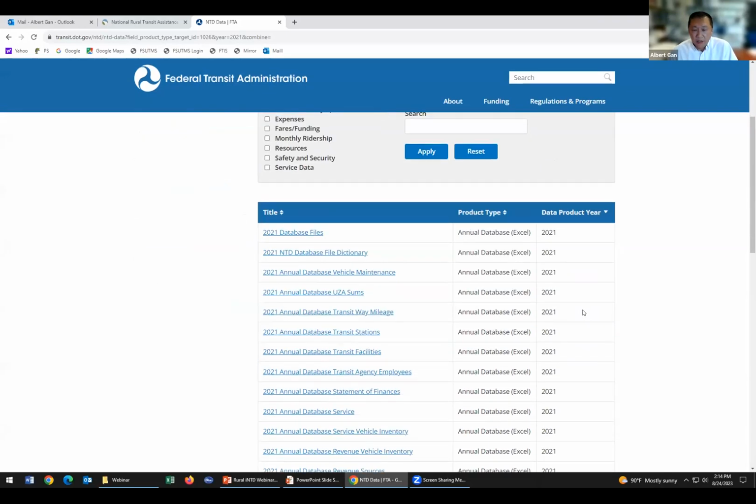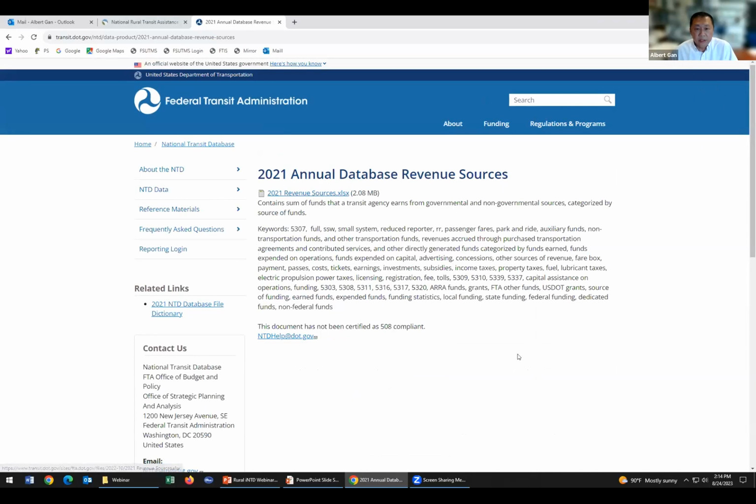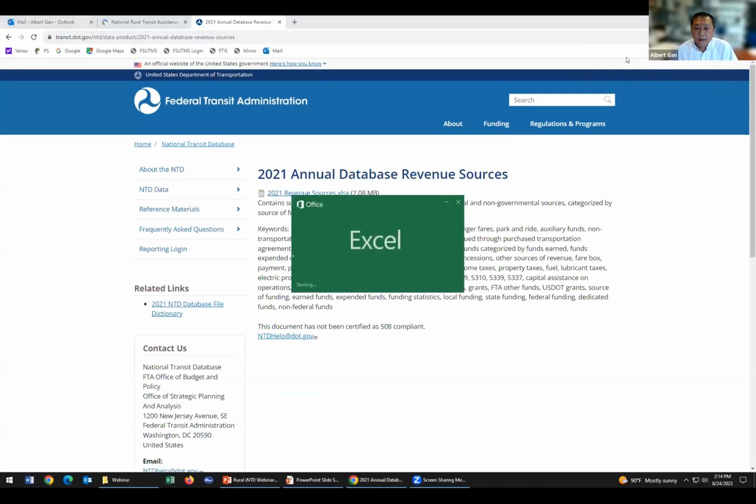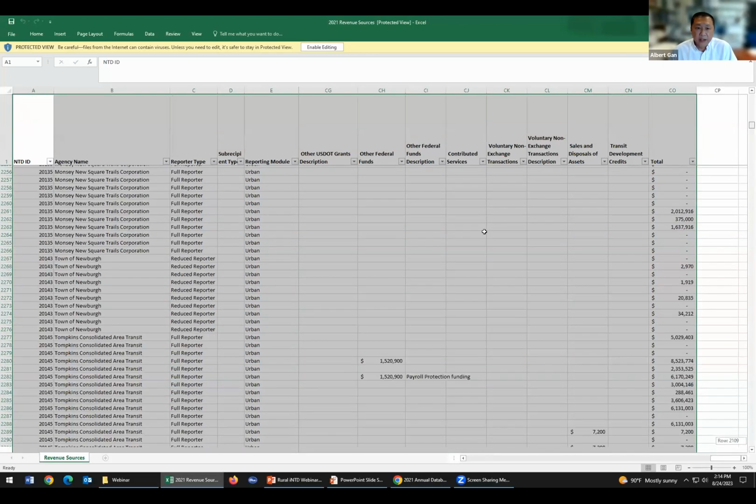And as you can see here, you have the different data stored in different files. For example, one of the files will be the revenue sources. If you are interested in the detailed revenue source data, you can click on it. If you open the file, it's a spreadsheet file. It looks like this,